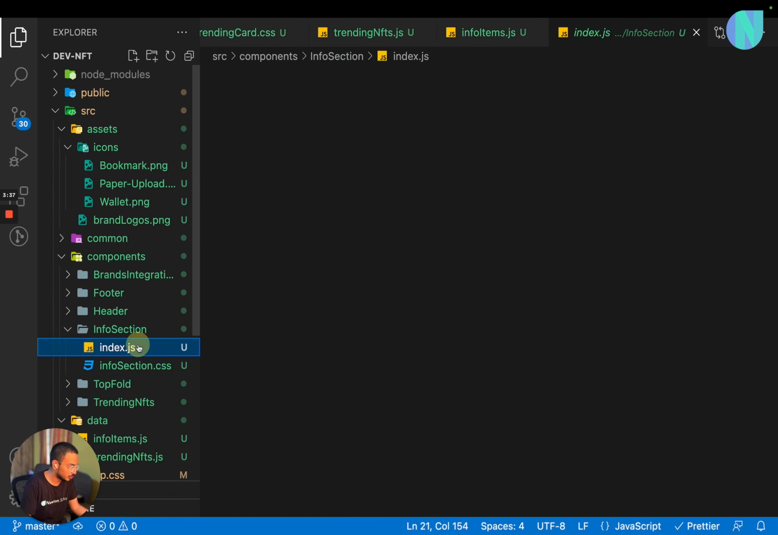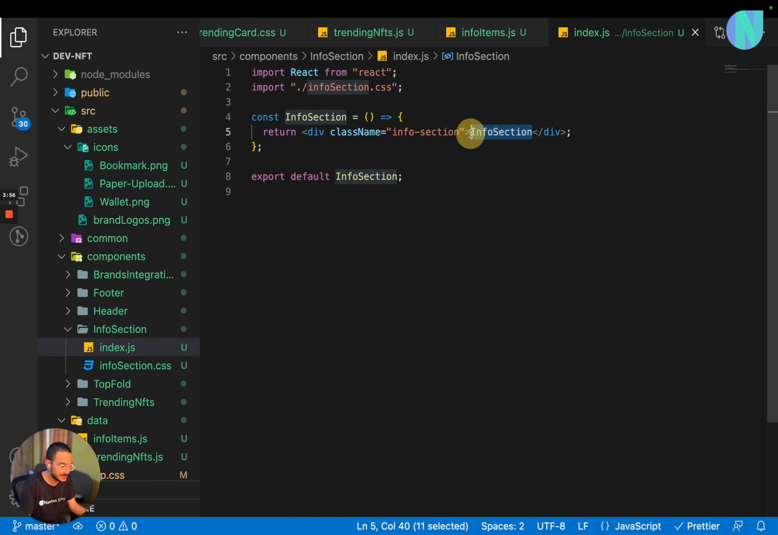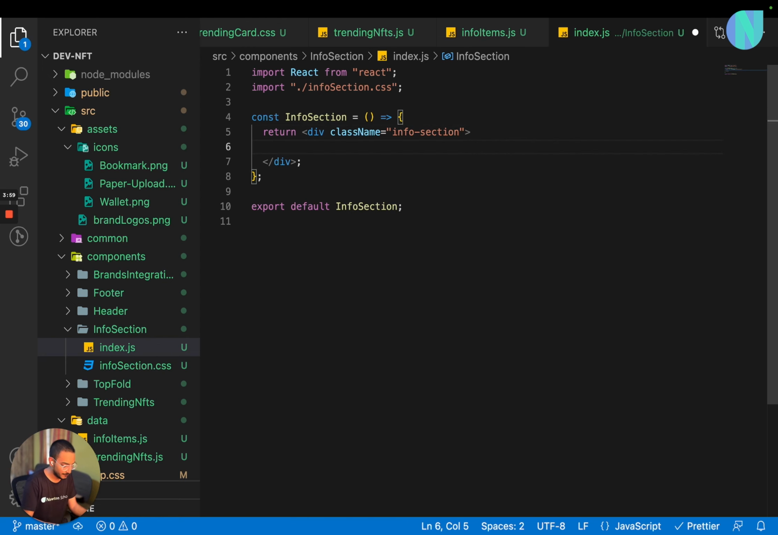So I'll go to the info section, and the first thing that I always do is give it a class name of info-section. Perfect. Now inside this info section, we have a heading first of all. Apart from the box, we have a heading first of all. So I'll remove this and create a div, and inside the div, as usual, I'll create a span and I'll say create and sell